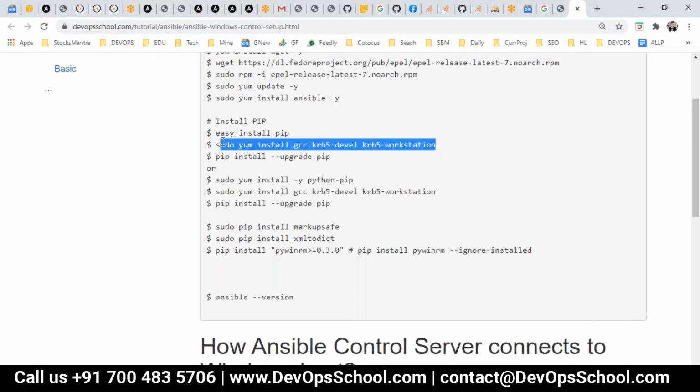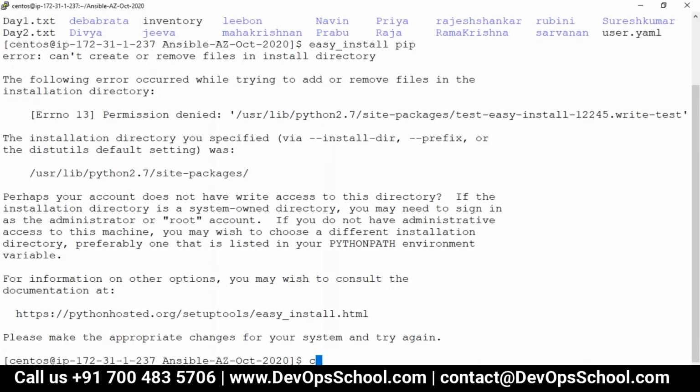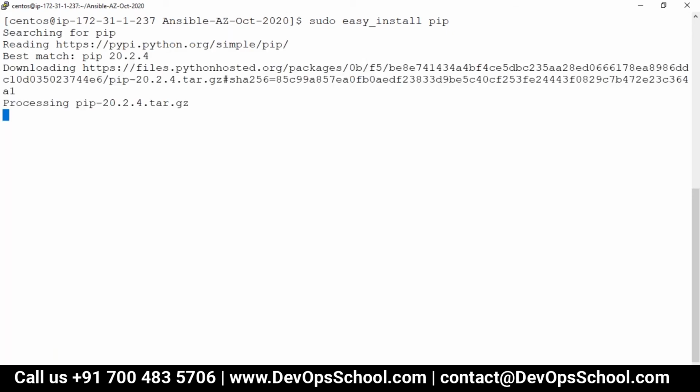So simply what I will do, copy and paste pip. Okay, sudo is needed, by the way, because you're installing, right? Usually we do it through root, so you won't get that problem. But if you are doing it for a normal account, you need sudo.